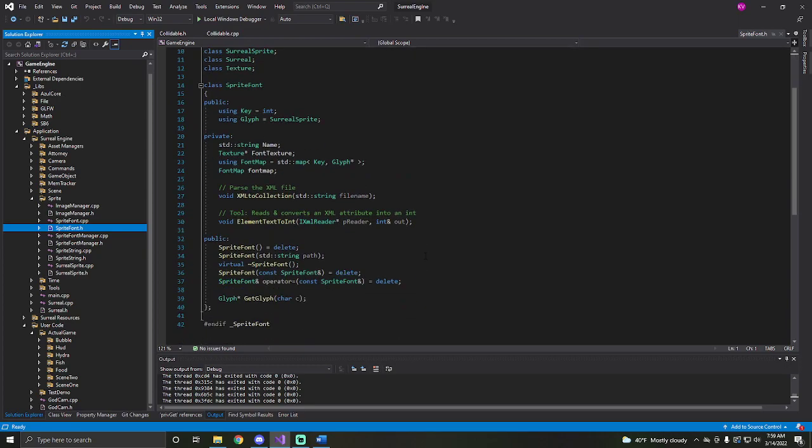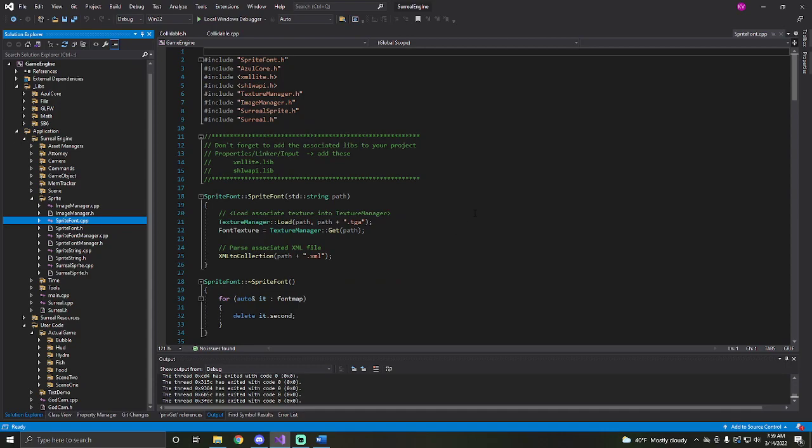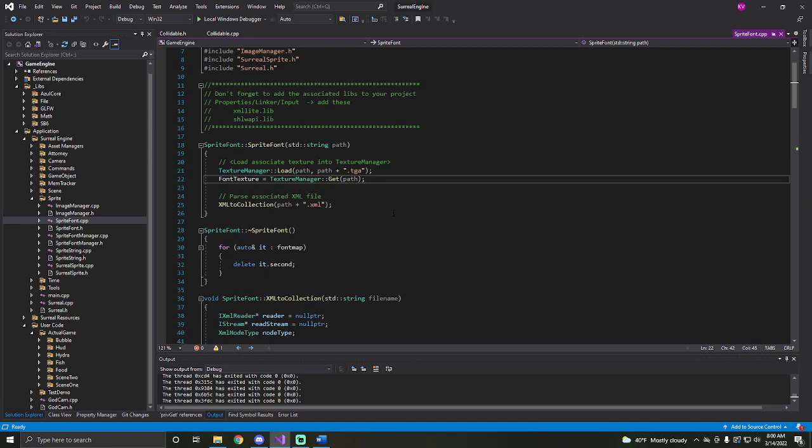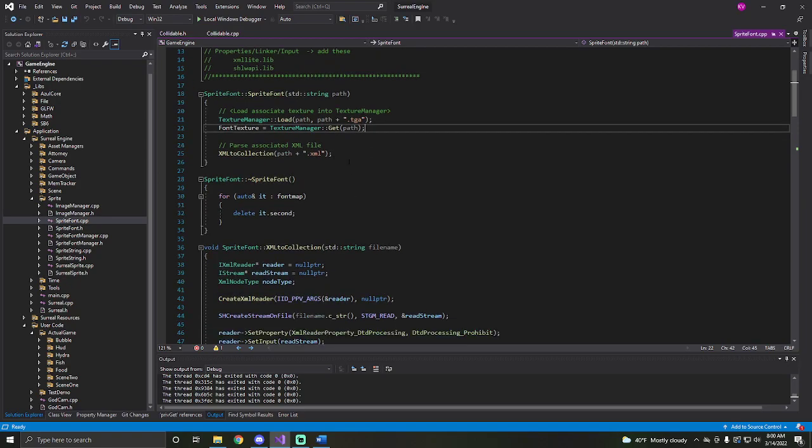But sprite fonts, you gave us the sprite font file. We had to fill in a few things here. So for instance, we have to load from the texture manager the TGA file. This is basically getting the fonts from both an XML file and a TGA file. So we get the TGA file to make sprites out of it. So when we call get here, we get the font texture, so we have access to the sprite page. And then the XML